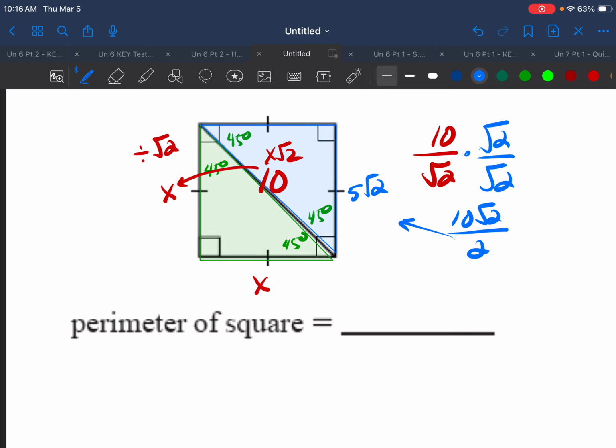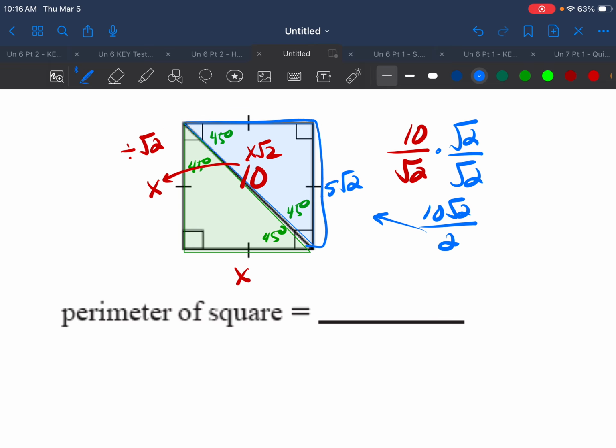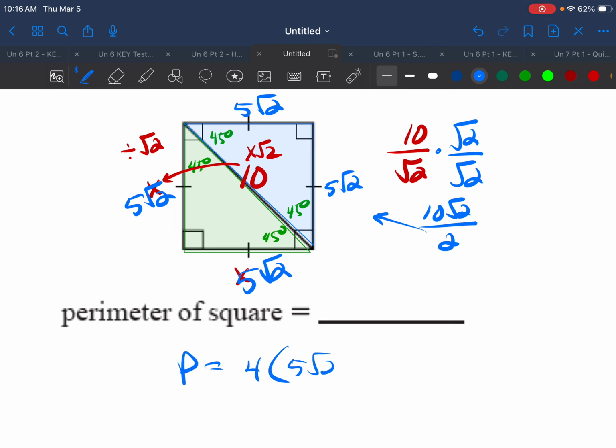If we want the perimeter of any figure, we add up all the outsides. But wait a minute. All of these lengths are 5 radical 2. So therefore, my perimeter is going to be 4 of those 5 radical 2s. My 4 times 5 radical 2 is 20 radical 2. All right, hopefully all of these examples are helping you feel a little bit